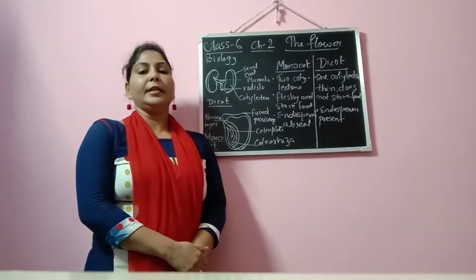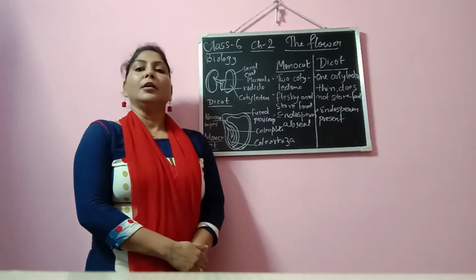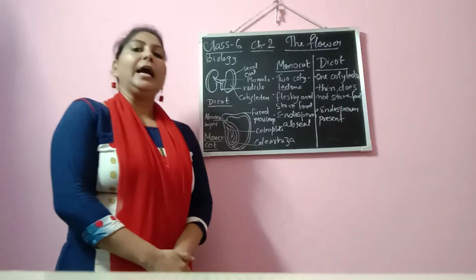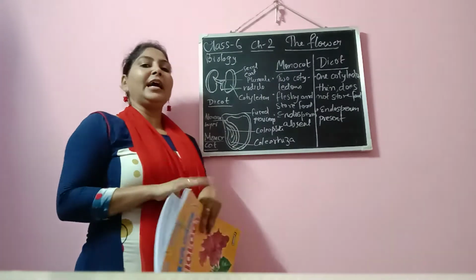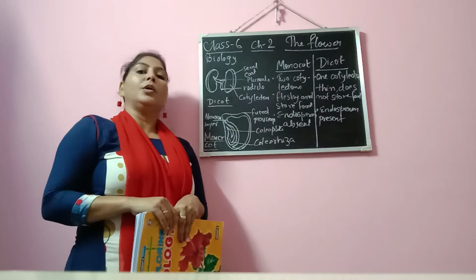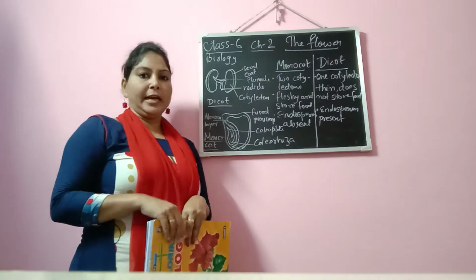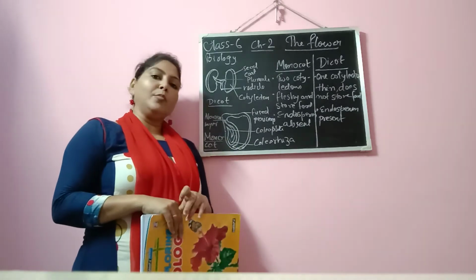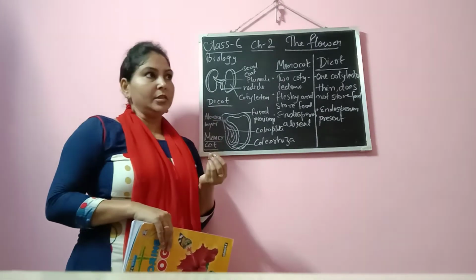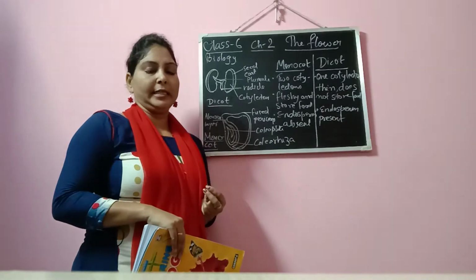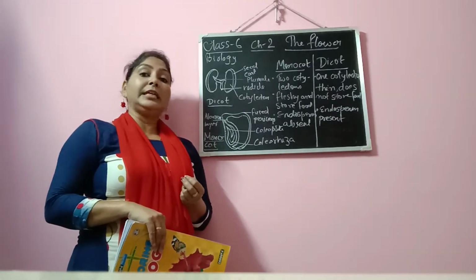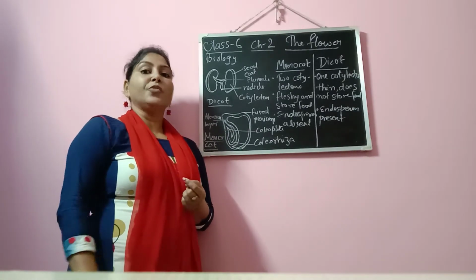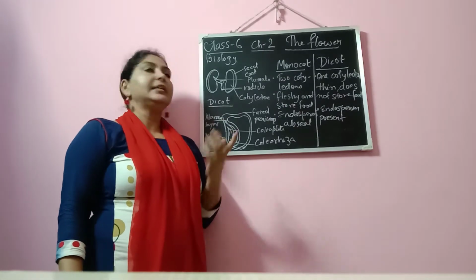As you remember, in the last video we have discussed what is seed, and also in brief we have discussed what is monocot and dicot. So there are basically two types of seed: dicot and monocot. Dicot means those seeds which have two cotyledons, and those seeds which have one cotyledon are called monocot seed. Okay. So first we will discuss the dicot seed.